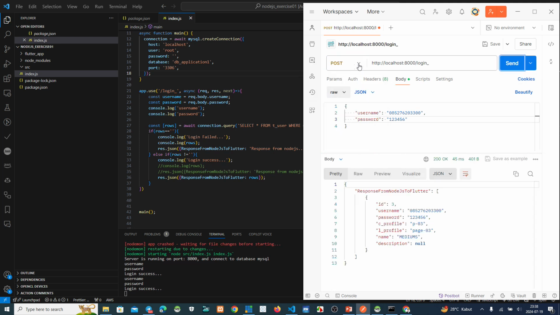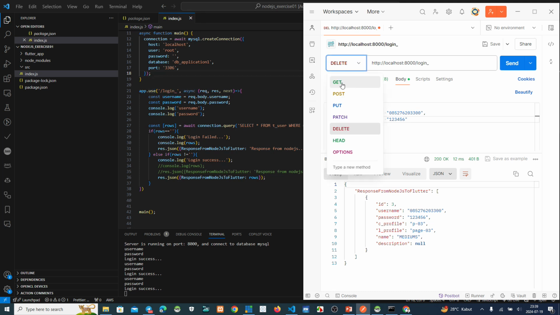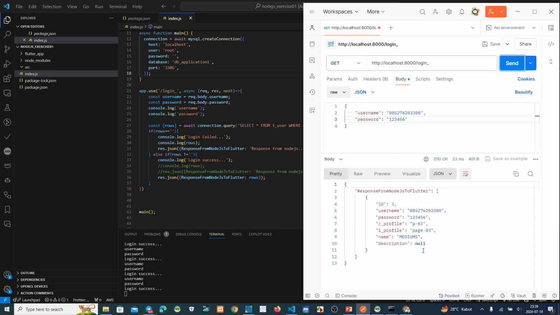So many methods here you can use, but I think it's better if you use put, the function is put. If you use the login, use get or post. If you want to delete this one, make delete. Don't use this, it is a login function, but the method on the front end uses delete here. Yeah, the result is okay, but this is not suitable for this function. I think it's better for login that maybe you use get or post here. Get this one. Okay, this is the result.